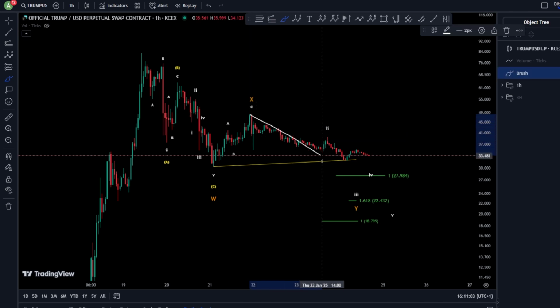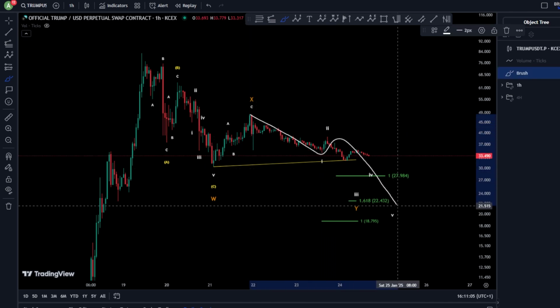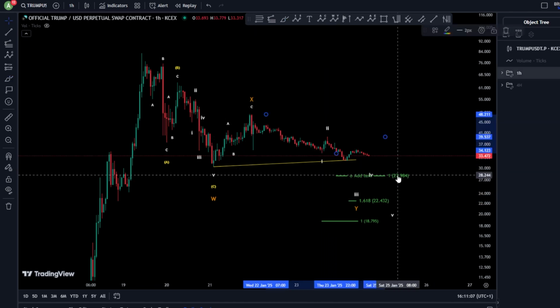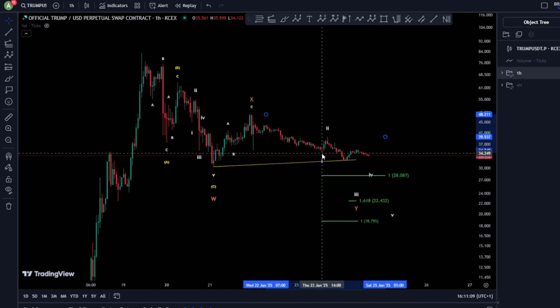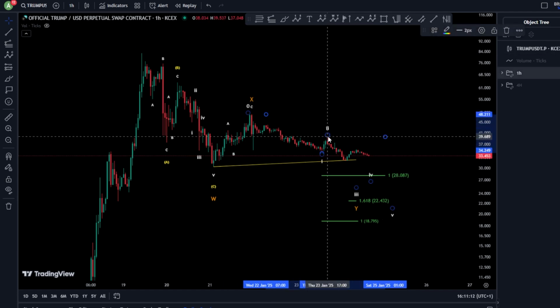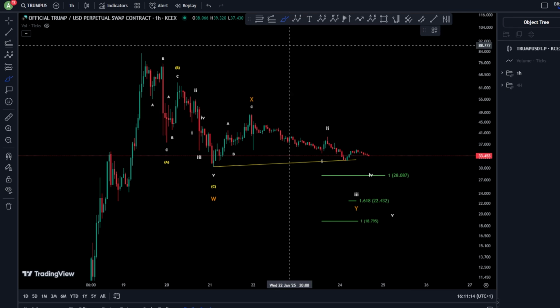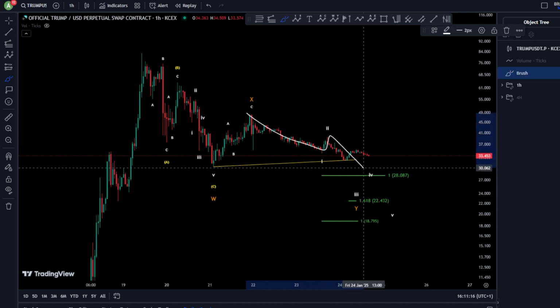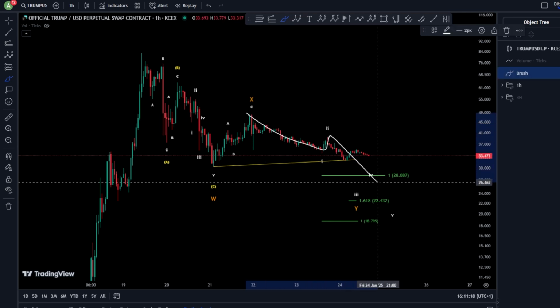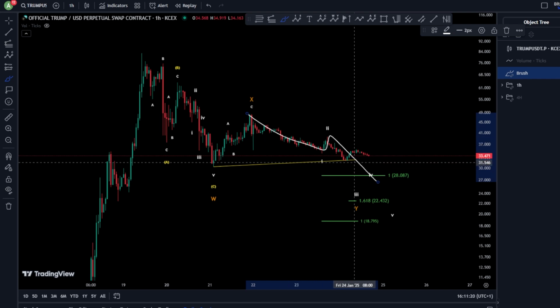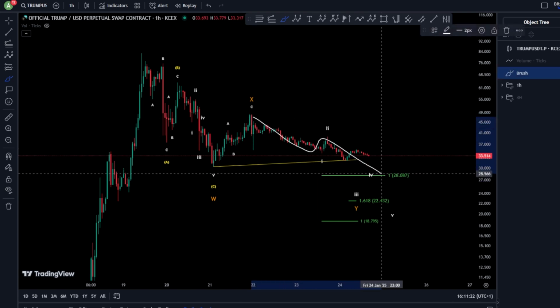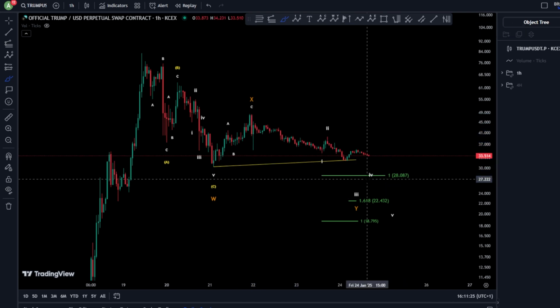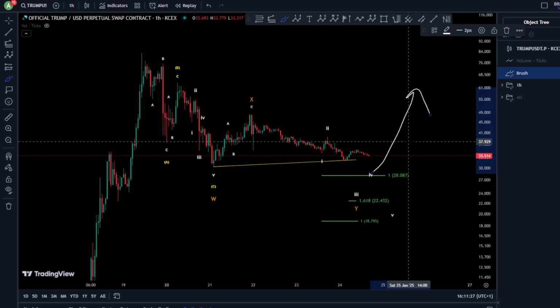If in case, of course, we are looking to a zigzag toward the downside, I would say, yeah, this is a 1-to-1 fib level here. Yeah, taken. This is your 1, 2, or I would say A, B, C here. A, B, and a C. All right, so this might be, of course, a first scenario, A, B, and a C, hitting the 1-to-1 fib level at $20 exactly, and then moving toward the upside.